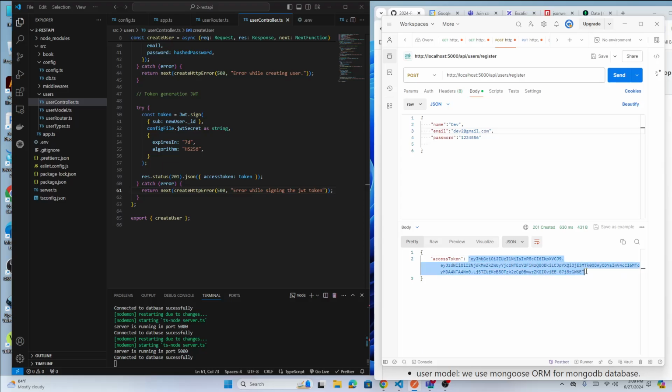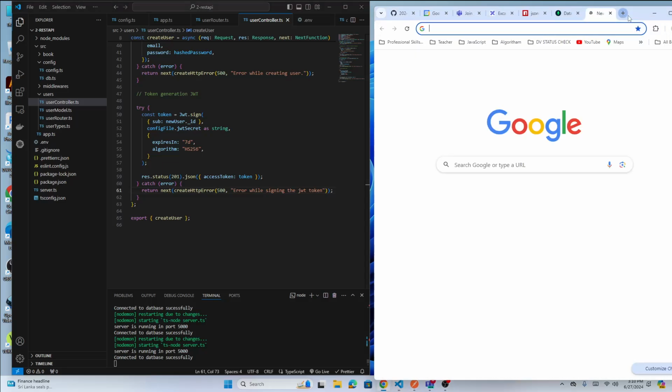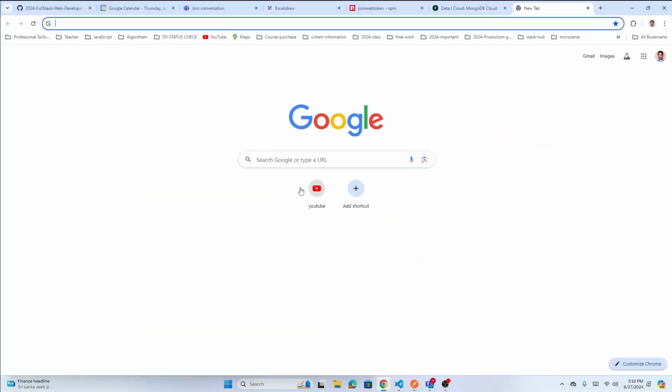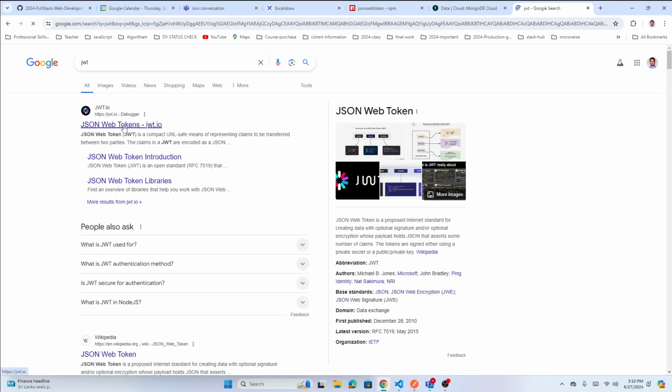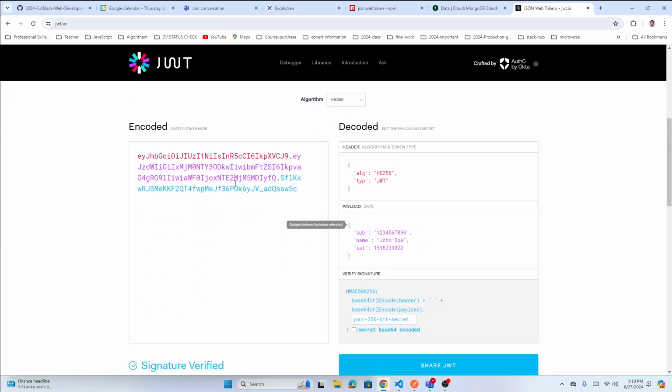Okay, if I copy this token, the access token, right? You see that? Copy that and go to the website. Remember JWT, what was that JWT website? JSON web token. So here you can visualize something, this part. So look at this one, right? There is 3 different colors. Okay, so that is what the